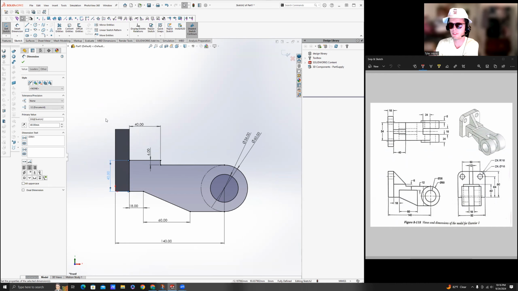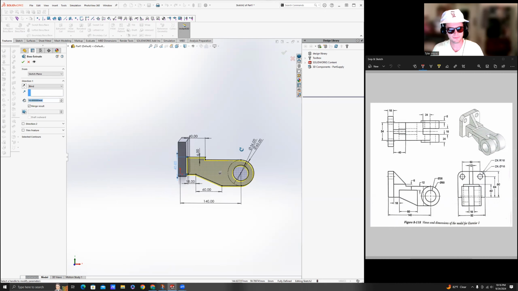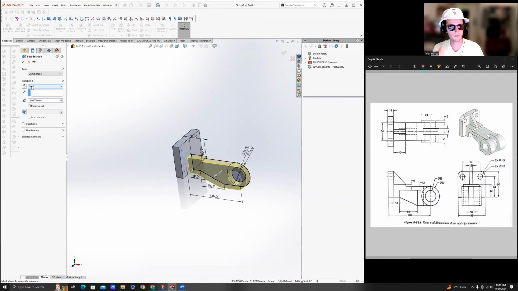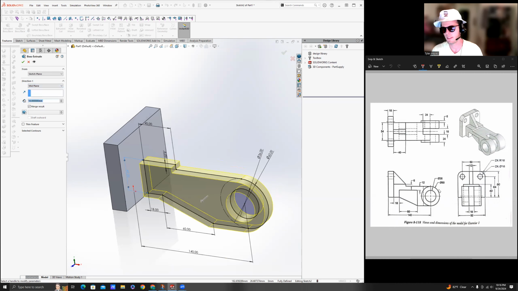And now it says fully defined right down here. So we are all good to go to make this sketch into a feature. We'll go Extruded Boss/Base. But for our end condition, we don't want to go blind. We actually want to go mid-plane. Mid-plane is going to keep us centered. And then as for how thick we want to take that,